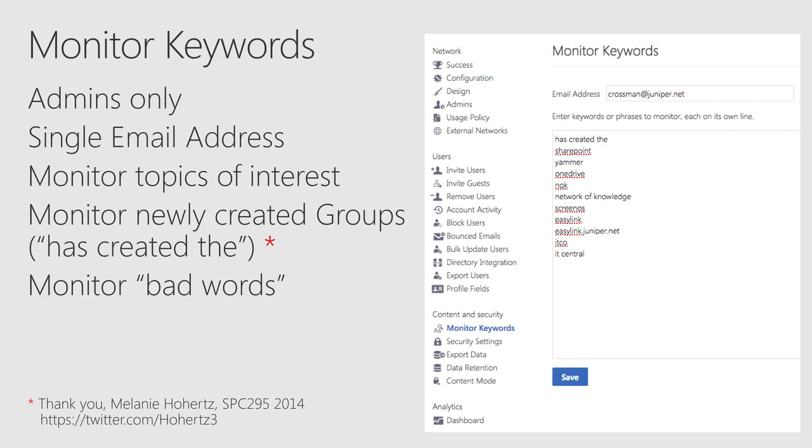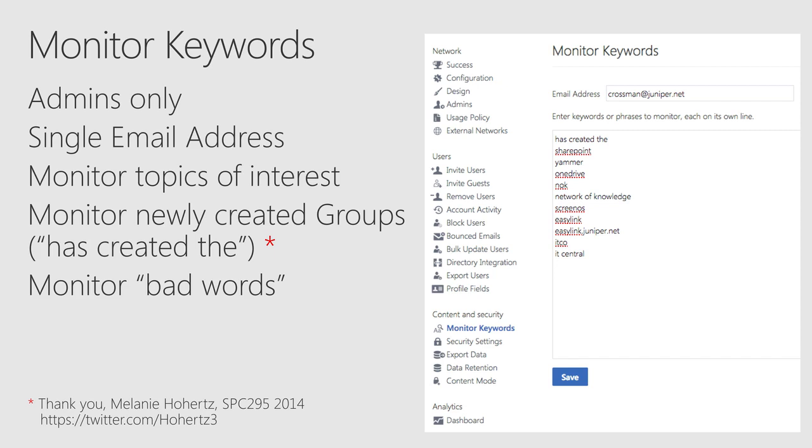So you can see here, as the service owner for a number of these tools, I want to be notified in case anyone talks about SharePoint or Yammer or OneDrive anywhere in my network, whether or not it's in our official help site, but maybe in some other site. You can also see that this would be useful for bad words, which I have omitted here from the slide for your prying eyes. But obviously, if people are using certain bad words, I might want to know about it and engage those users.